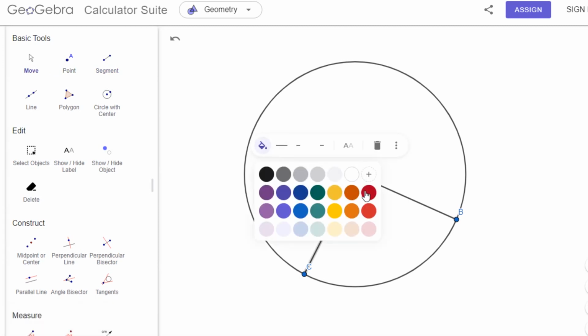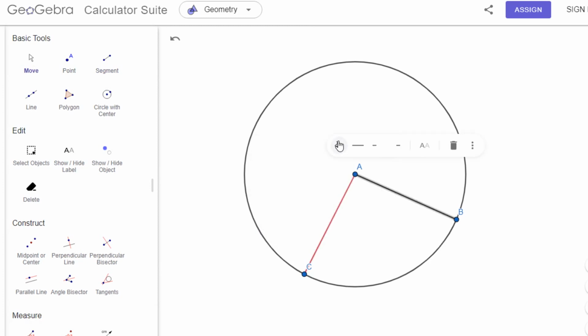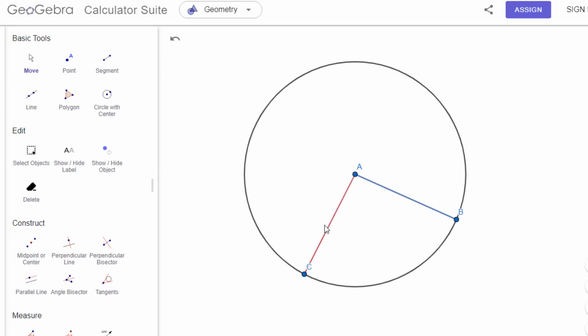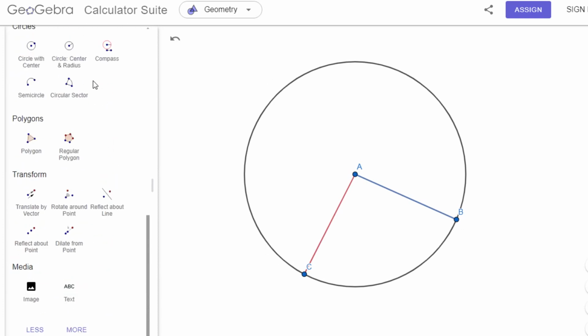Let me just add colors so that you can better know what is going on. So we have this radius and this radius, and therefore these are the radii of this circle. So this area in between this radius and this radius is what we call the sector. Let me just highlight it so that you can clearly see. Circular sector, we have